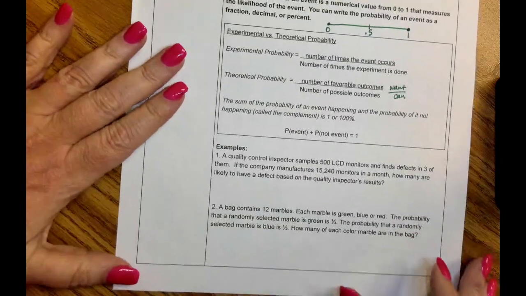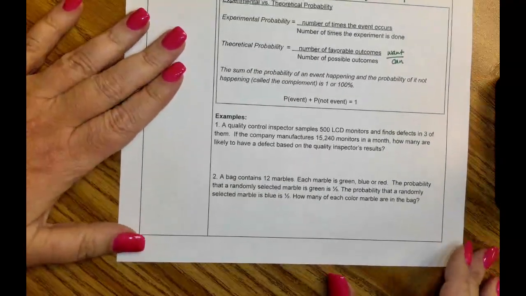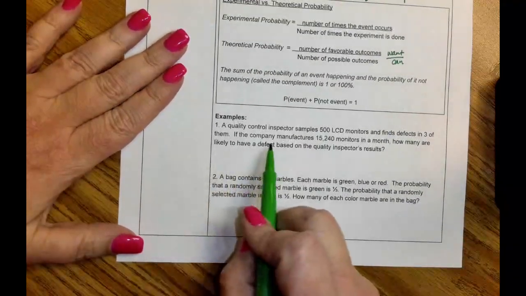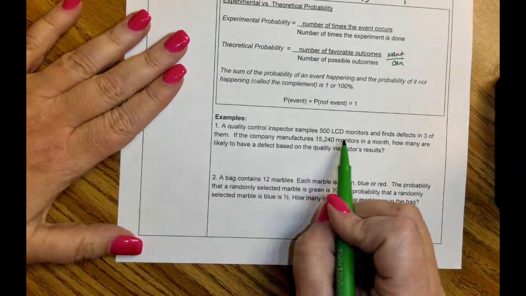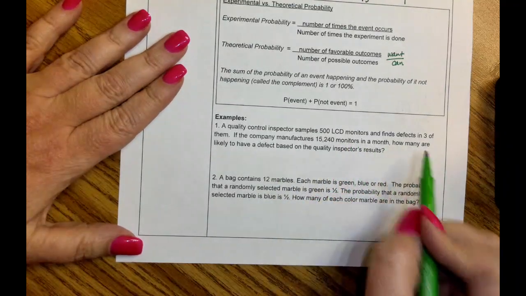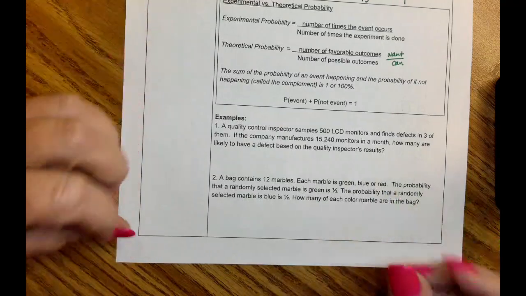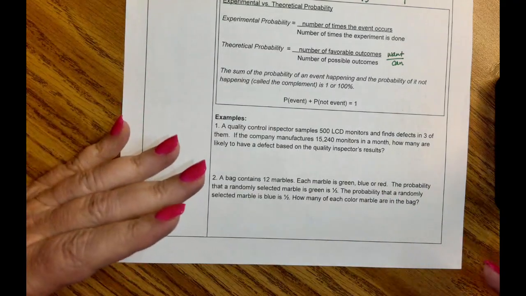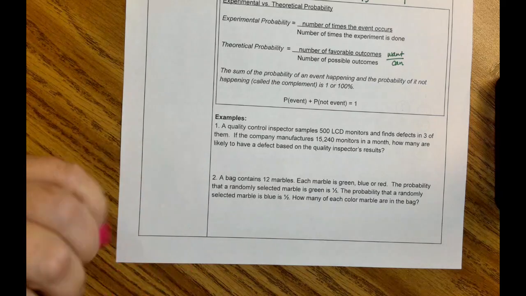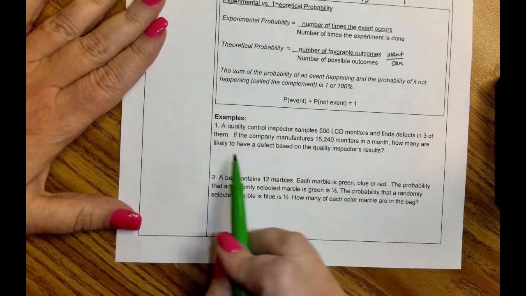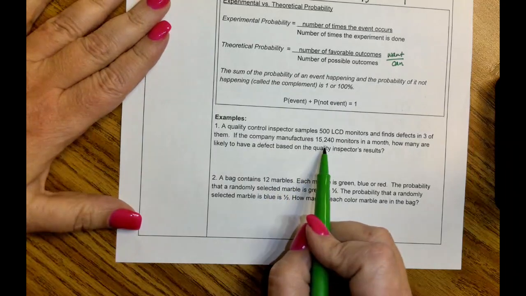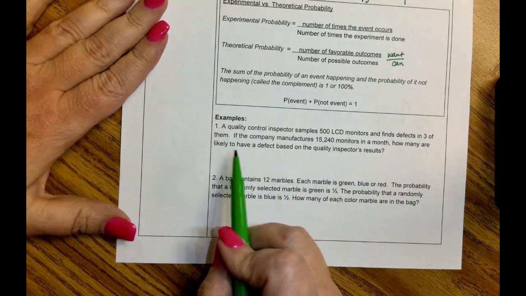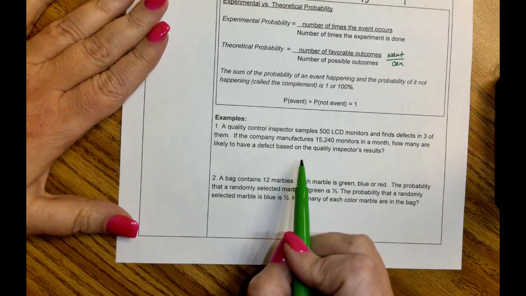So let's look at some examples. We'll start here with experimental, and you can see the difference. A quality control inspector samples 500 LCD monitors and finds defects in 3 of them. So that is an experiment. He has a certain sample of things, and a certain number of things happened. If the company manufactures 15,240 monitors in a month, how many are likely to have a defect based on the